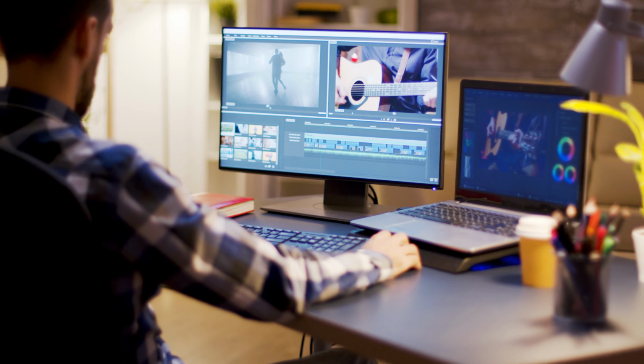We record everything in landscape mode, and we've got a wizard behind the camera who then crops our content, and then we can repurpose that for shorts. That's all part of our content strategy. So start to think about how you might be able to do that for your business too.